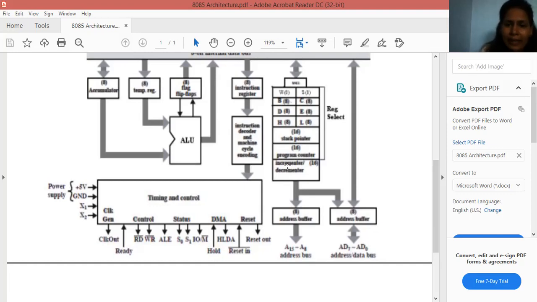So the incrementer will increment the value of the program counter by 1. And in the pop and push operations, the stack pointer will be incremented or decremented by this section.